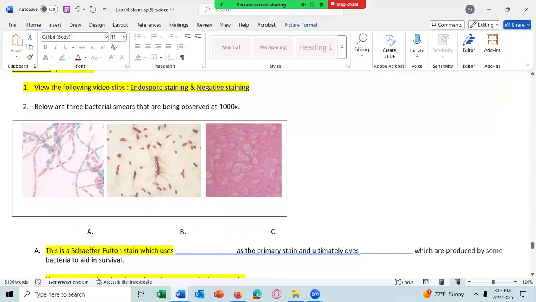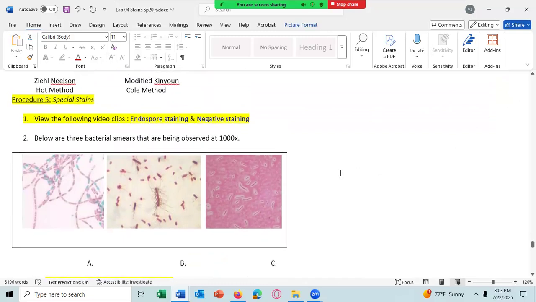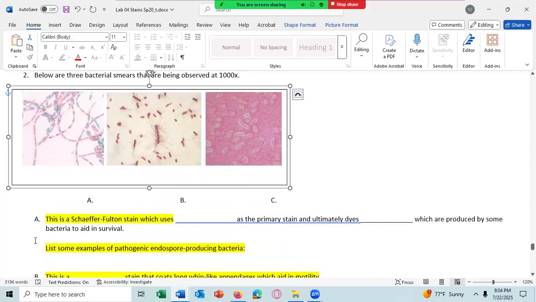We're looking at special stains in procedure 5. We have a video clip on the endospore stain, so watch that. We have a video clip on the negative stain used for staining capsules, so watch that. And below we have 3 bacterial smears being observed at 1000x power. Figure 2A for procedure 5 goes to question 2A. This is the Schaefer-Fulton stain